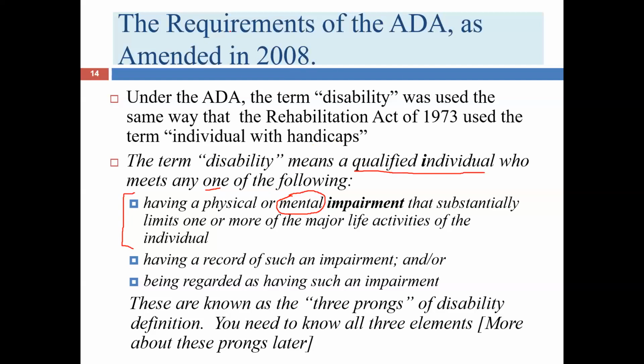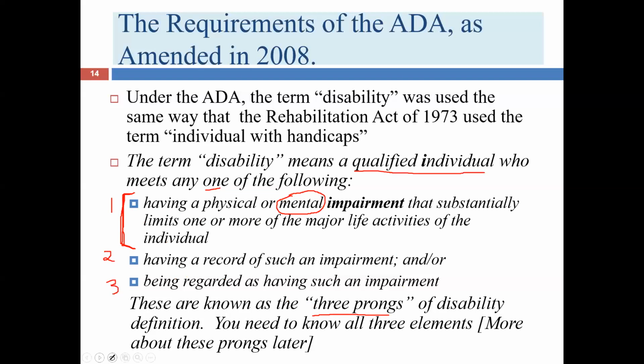Now, I'm going to be honest with you, we're going to spend virtually all of our time on this first category. This is the one that's the most important in terms of just numbers of cases. But these other two are important. And you'll see that the term that people use for these three categories is the three prongs. Kind of like the prongs on a fork, one of those old-fashioned forks that only have three prongs. You can think about that. This is prong 1, this is prong 2, and this is prong 3.